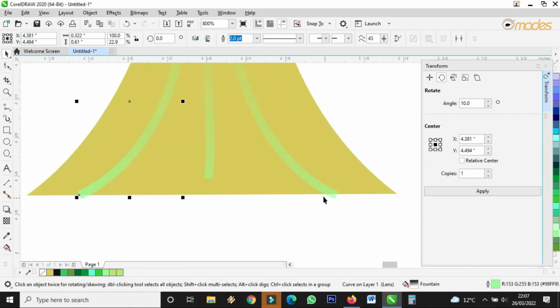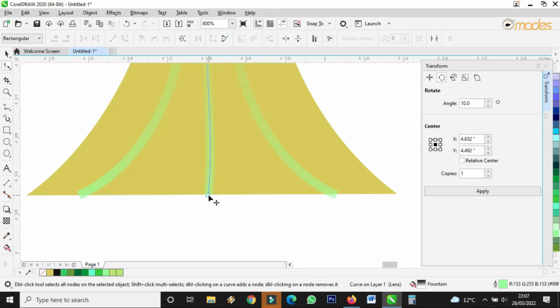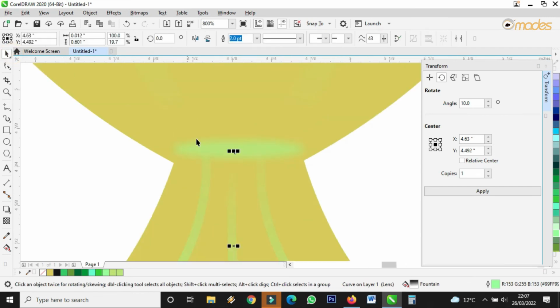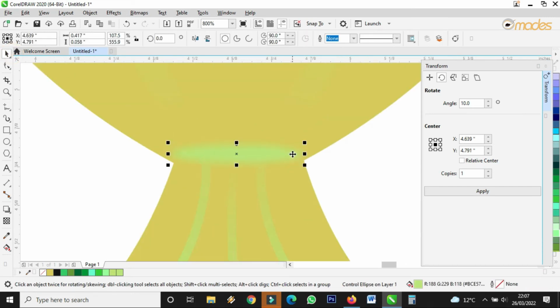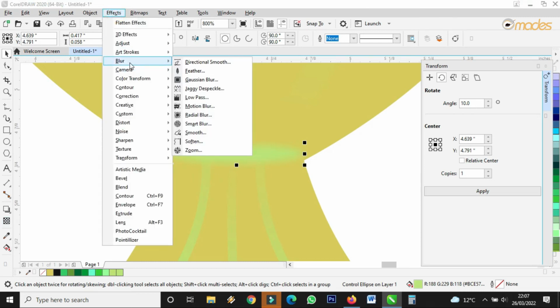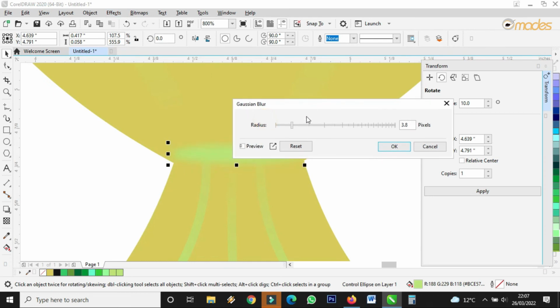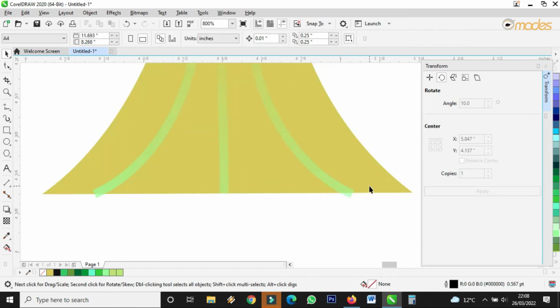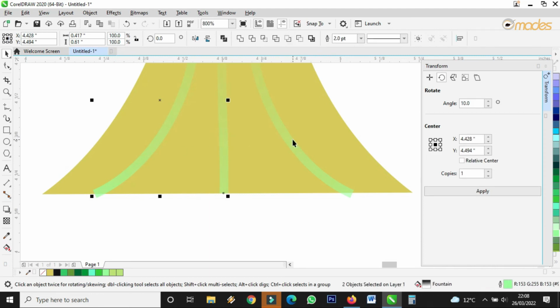Then click here, make this one straight. This one should be more transparent. Come to effect, blur, and increase it a bit. Good. Now I want this one to fall within the shape, so I select all by putting my hand on the shift